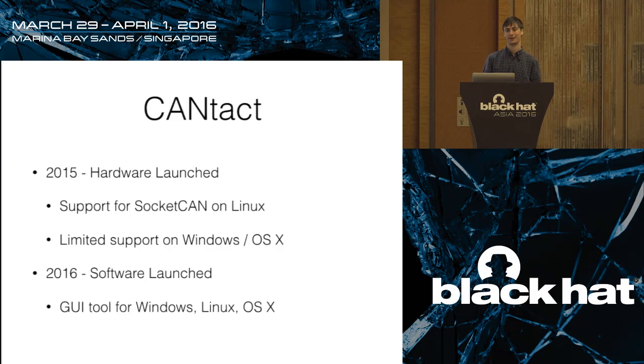Ubuntu is the easiest way because you install one package, you run the slcand daemon, and you suddenly have a CAN device. You can fire up Wireshark, plug it into a car with one of these OBD cables, and you'll start seeing frames, which is pretty good if you know Linux and you're familiar with that. The problem was a lot of people don't know Linux if they're playing around with this stuff,